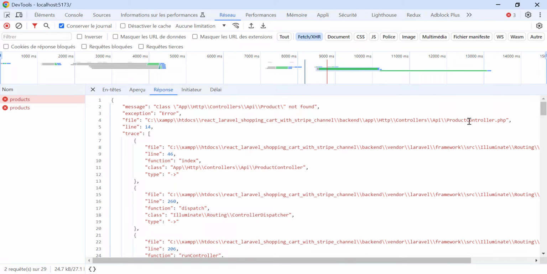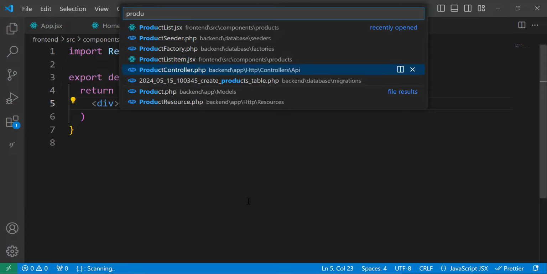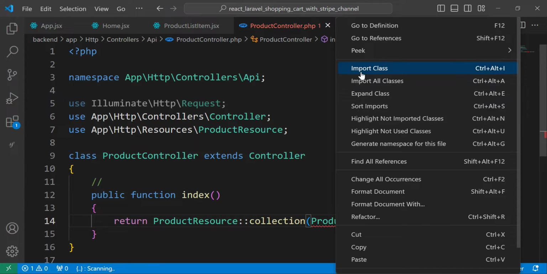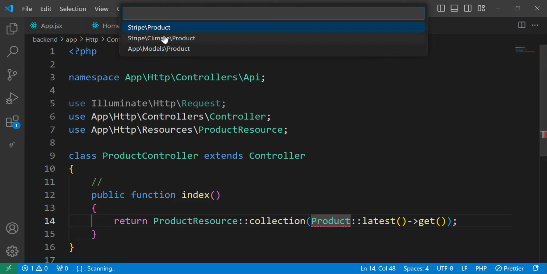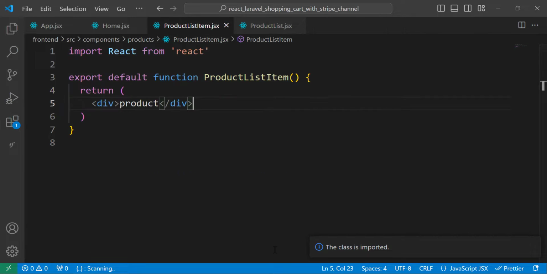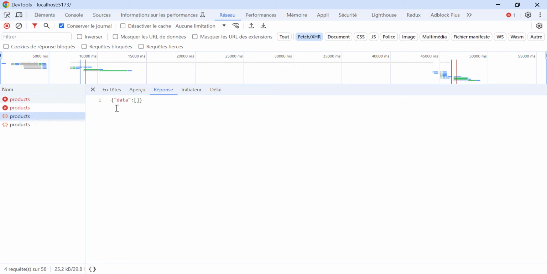So where is this one? It's inside ProductsController, line 14. So let's move to line 14. So it's here. I did not import the model, the Product model, so that's why. So let's now refresh the page and see. So now it's 200, as you can see here. So we have the